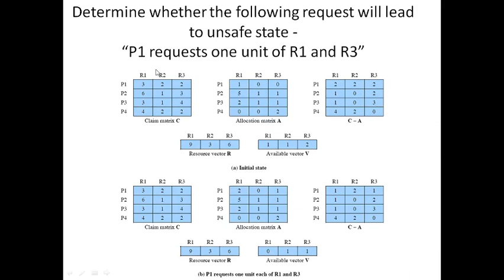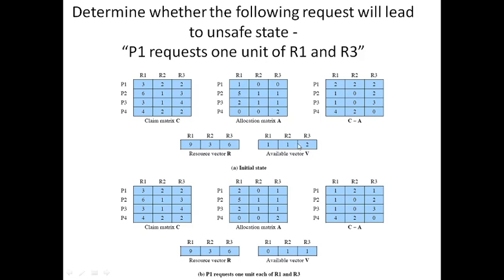So similarly, this is one more example, in which P1 requests one unit of R1 as well as R3, but the procedure is the same. We have to check whether the request is valid, then check whether the resources are available, and then make an assumption that if we allocate the resources of R1 and R3 to P1,